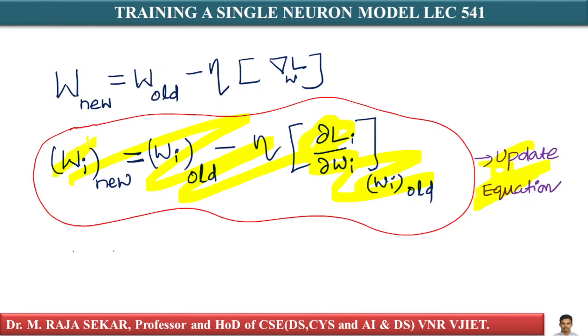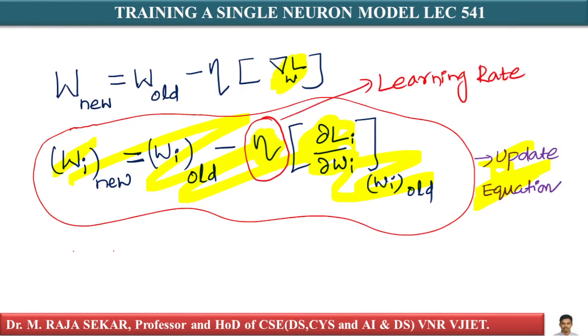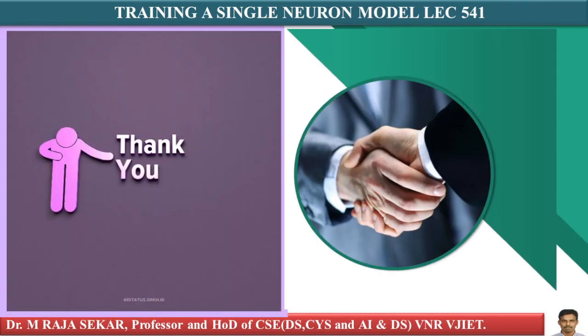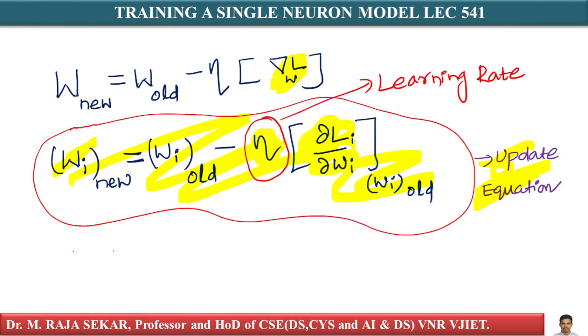I request all of you to go through this lecture and try to understand. Once you find del L with respect to W, or dou Li by dou Wi, calculating the weights is simple and straightforward. Of course, there is a learning rate. I already discussed learning rate in my previous lectures. Just revise those lectures, number 540 and 541,